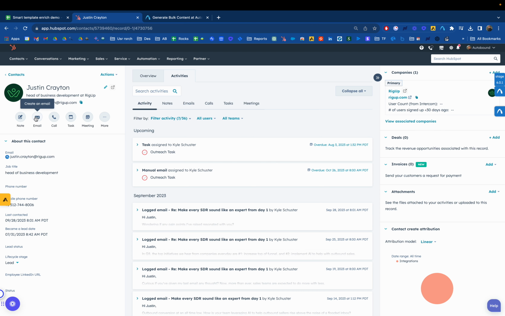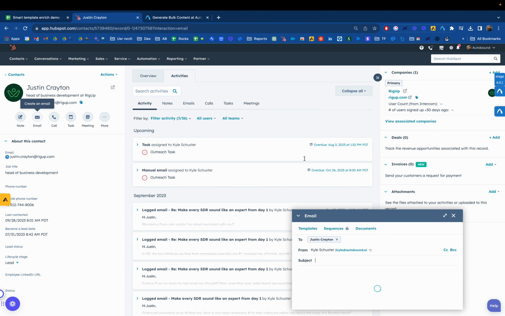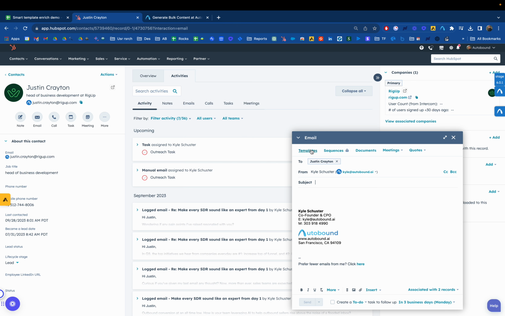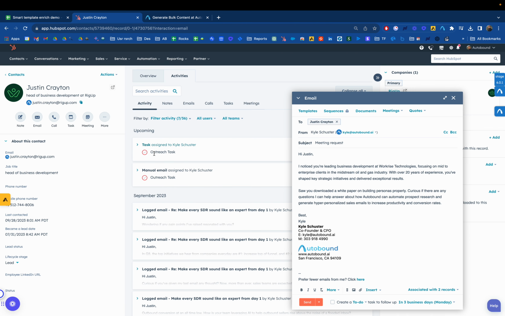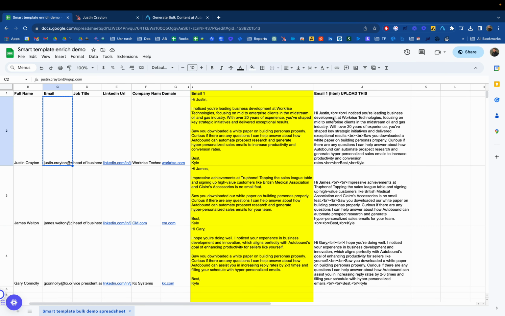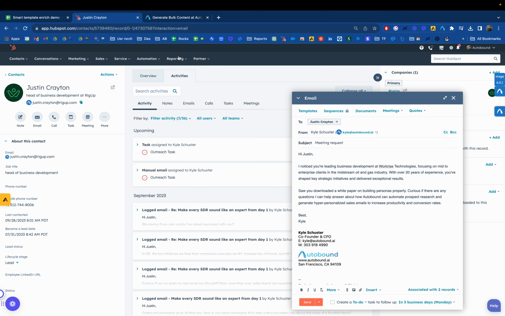But you can also see the same functionality if I were to add a template, same idea, and put the template that had that variable in it, you'll see that variable has been pre-populated with the email from this sheet. So I noticed you're leading business development at Workrise Technologies. Right here, I noticed you're leading business development at Workrise Technologies. Each one of these contacts is going to have that variable dynamically populated with a personalized